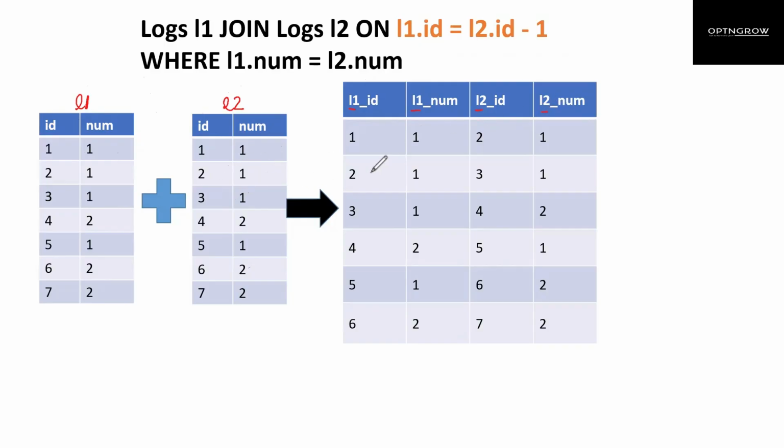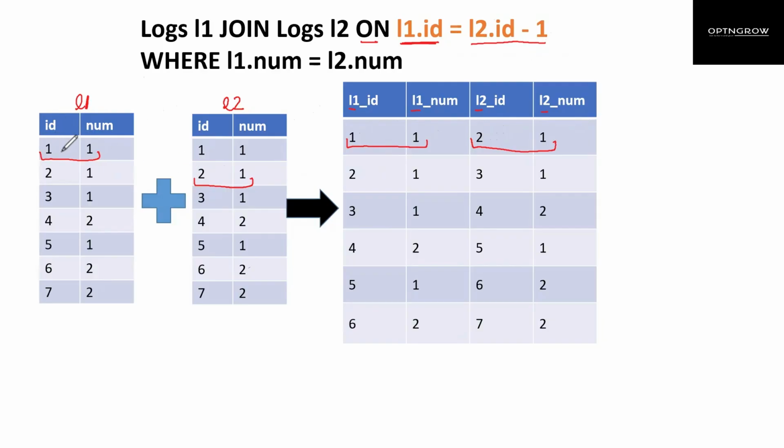How have we joined it? These numbers are coming from L1 and these numbers are coming from L2. While joining, we have the condition that L1.id is equal to L2.id minus 1. What does that mean?